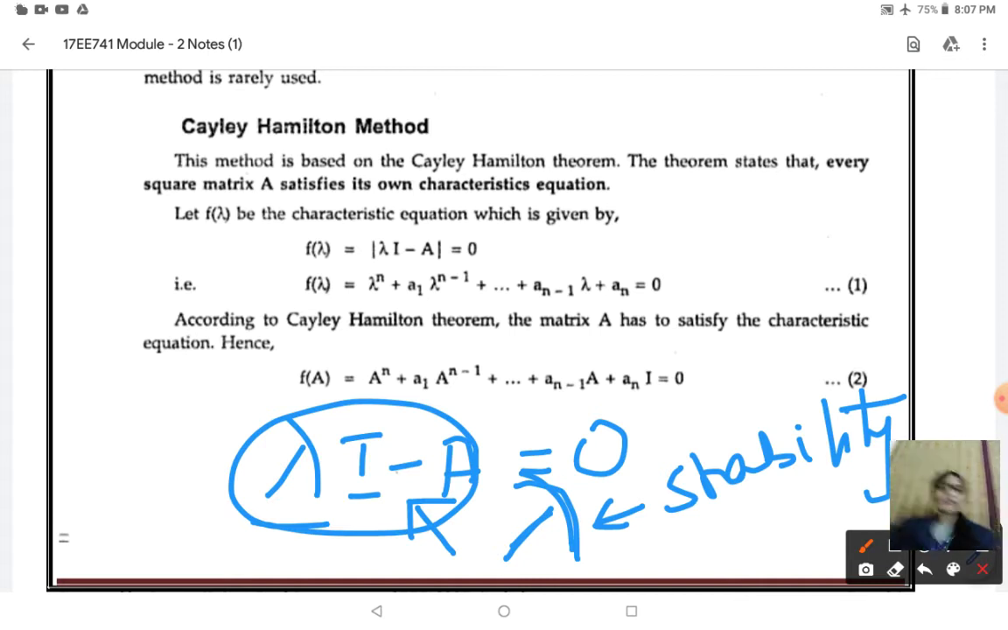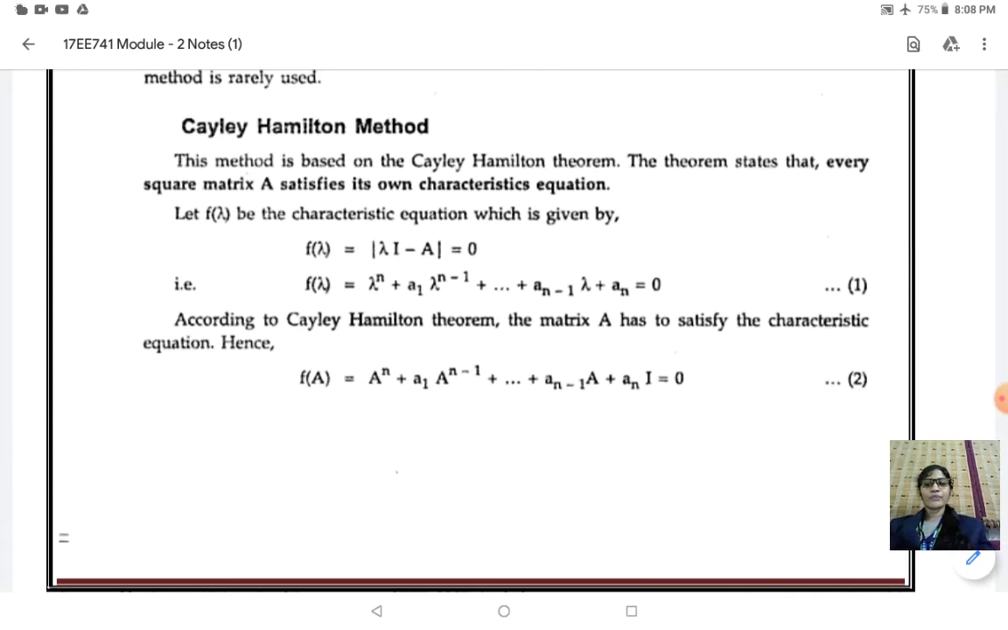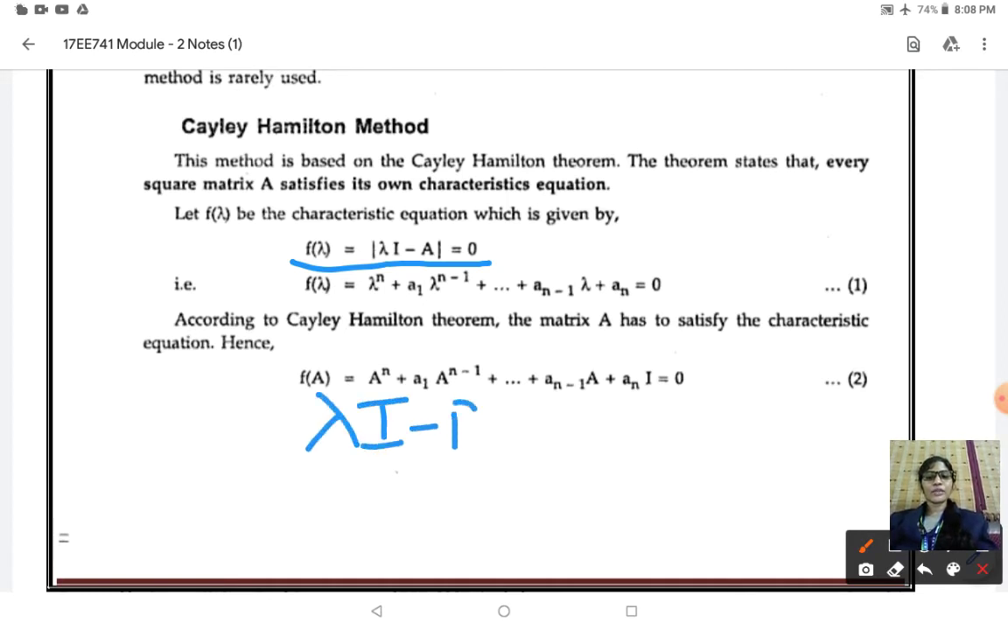Now we will consider a function, because lambda is used for specifying the eigenvalue. So now we will consider one function f of lambda. f of lambda is equal to lambda I minus A equal to 0. Now if you expand this f of lambda using a series of equations, you will get lambda n. How am I saying this? After substituting lambda I minus A equal to 0, when you take the determinant value for this,